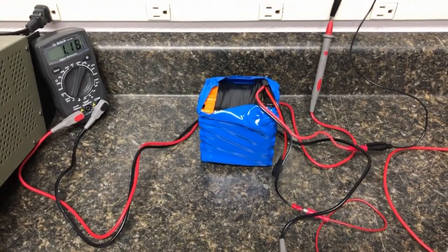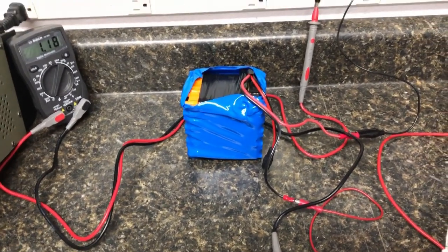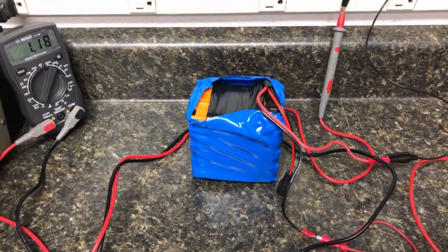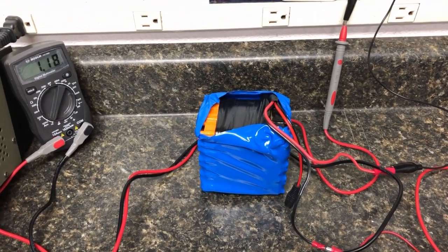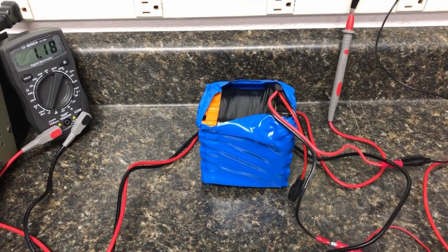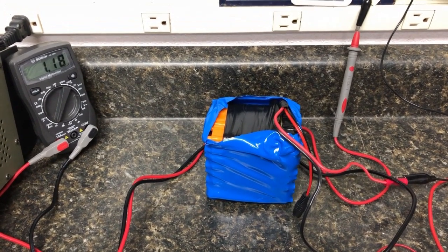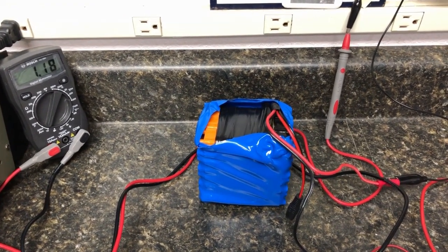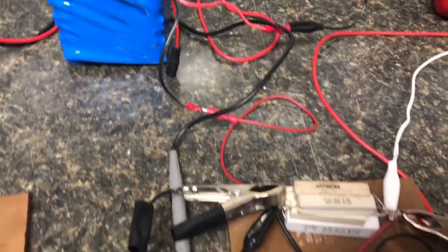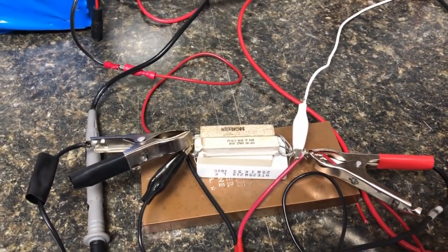Okay, so I've been testing my battery pack, which is 4 series, 3 parallel, 12 individual 18650 cells. Those have been running for 3 hours. They went from 16 volts to 15 volts. It dropped a little bit over a volt in 3 hours, but I just have a simple 1 amp load through